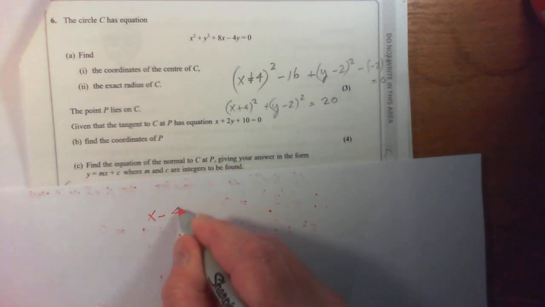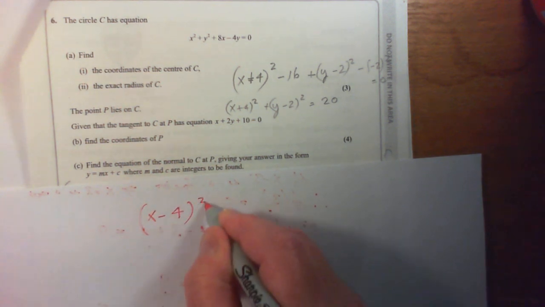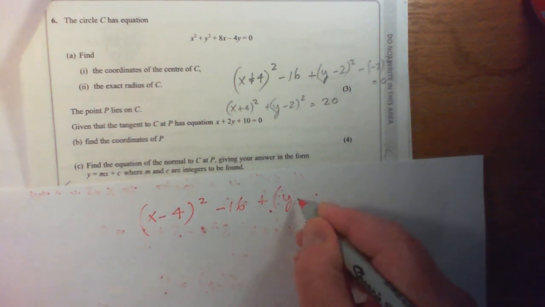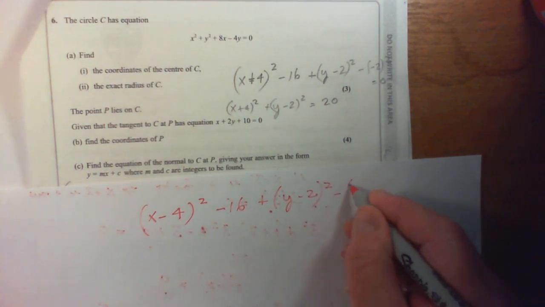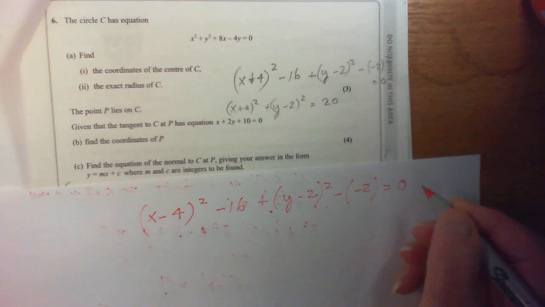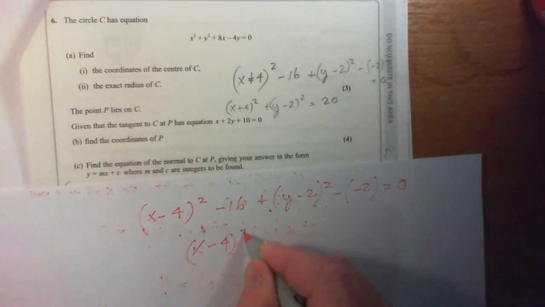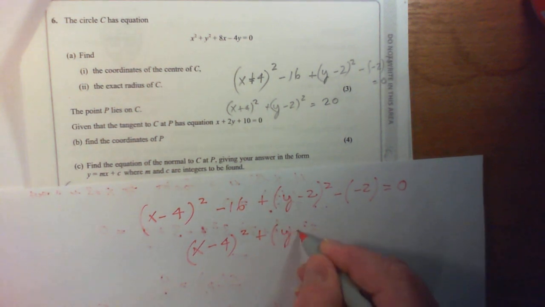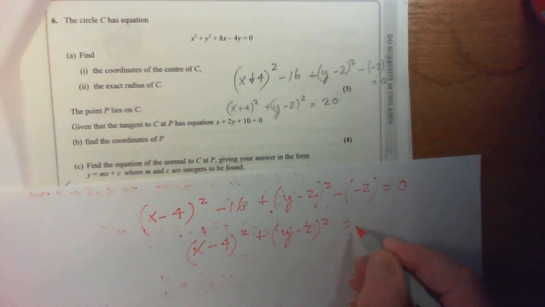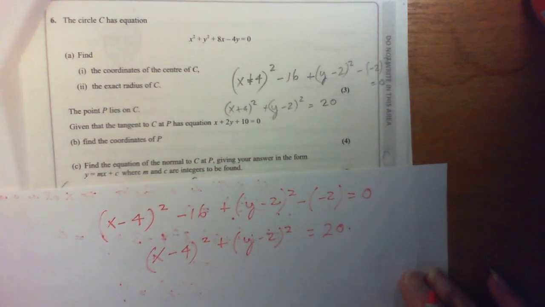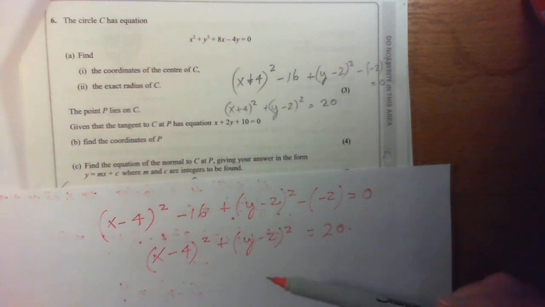x minus 4 squared minus 16, plus y minus 2 squared minus 2, equals 0, which goes down to x minus 4 squared plus y minus 2 squared equals 20. So therefore you can work out what the coordinates of the centre are. It's 4